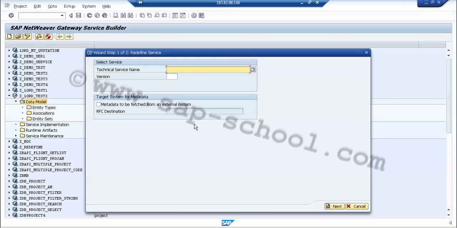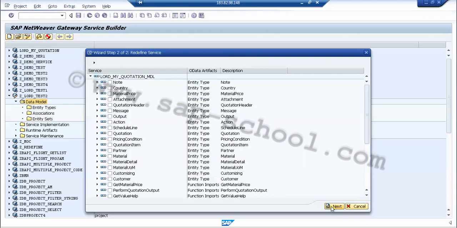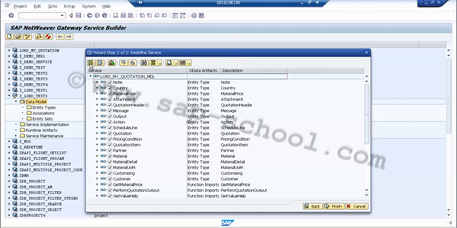Let's say I give the technical service name as LOD my quotation SRV, which is my standard service, and here we have to give the version number, and then click on next. Then we have to select all the artifacts by choosing this button, and then click on finish to create an extended OData service.